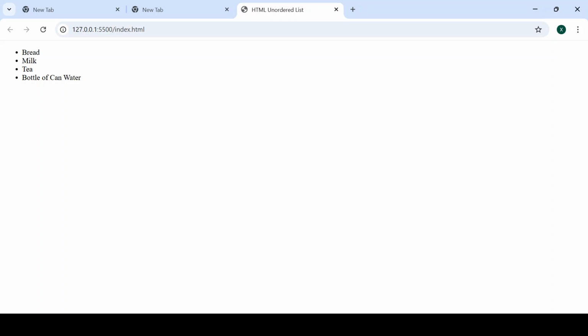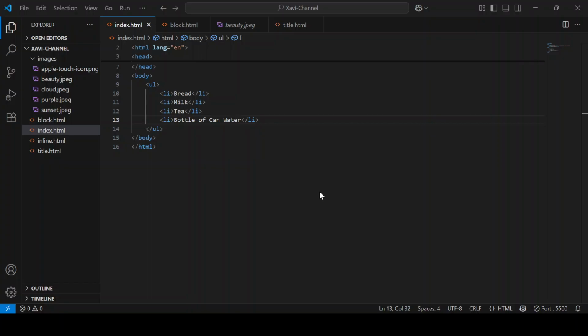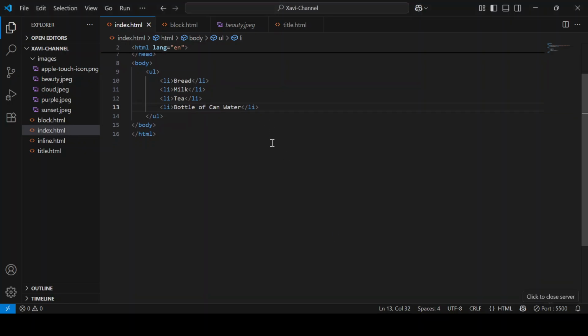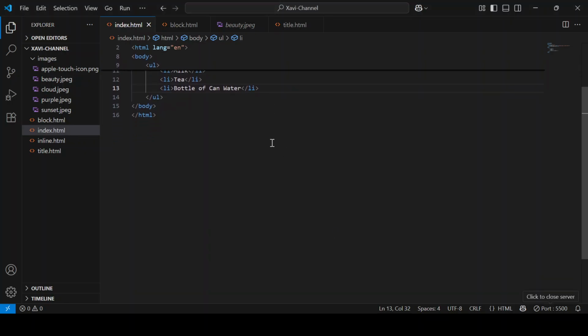So now we go back to see more examples. We go back to our VS Code. This is our VS Code. Navigate to our VS Code, and then we are back. So let's look at another example. We hit enter on the keyboard. Let's have an H2, and give this particular one a title now. Let's say list